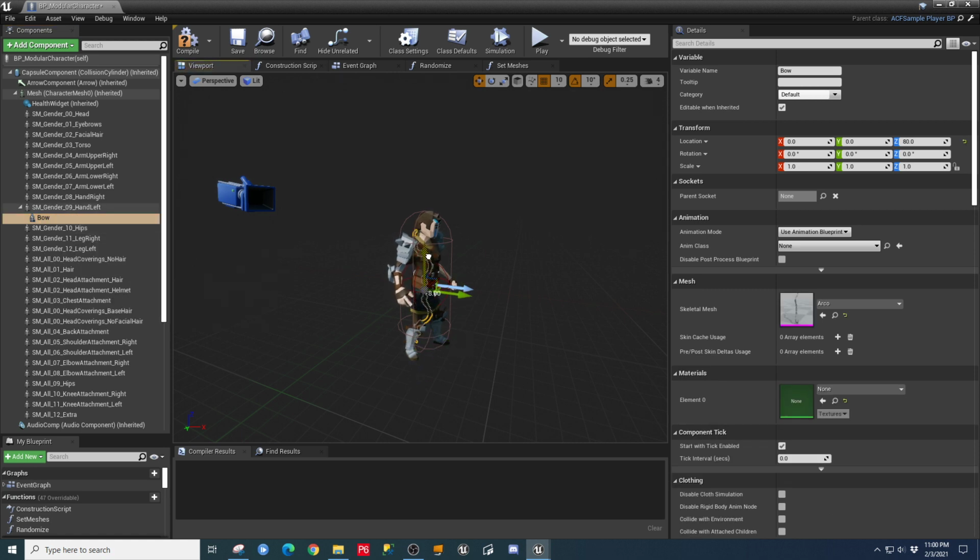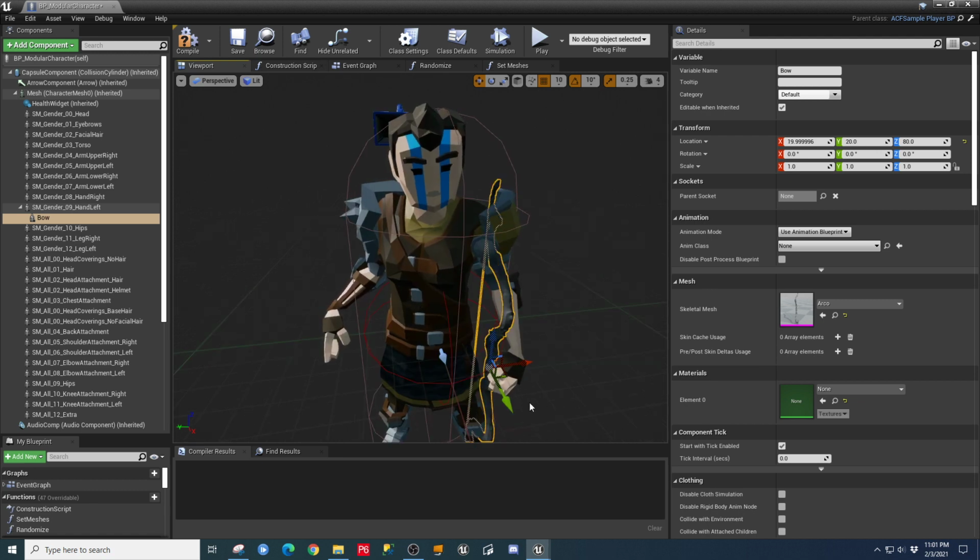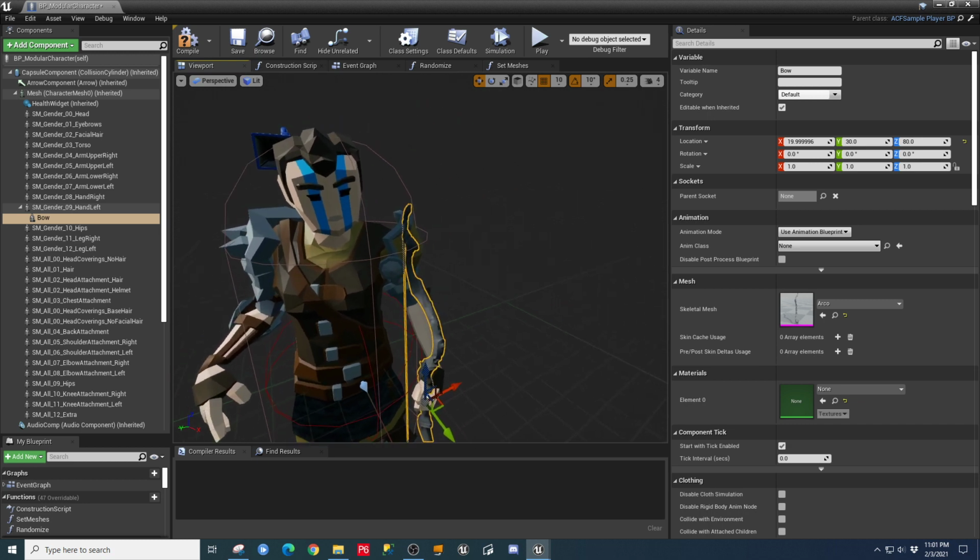So you could actually pull this up and move it in here. I've done this with other assets. It just doesn't look like this is going to be one of those things where it works out real easy. But sometimes you can get these all dialed in inside of here, or get them close at least. And then from here, you could take